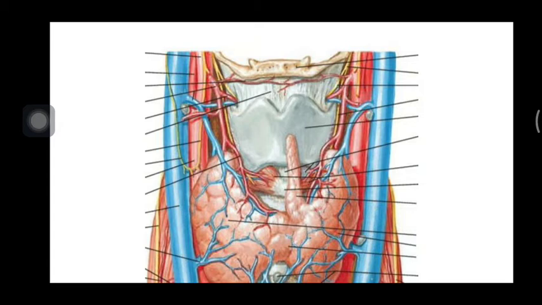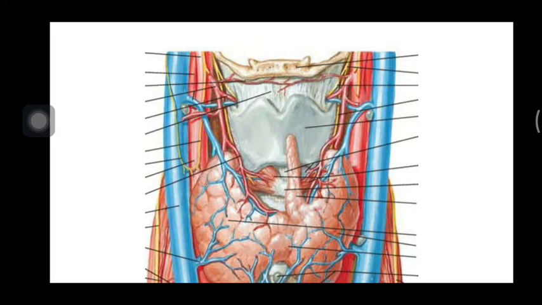First, at the lower border of the hyoid bone, it gives off an infrahyoid branch, and it anastomoses with the infrahyoid branch of the opposite side. Next, when it passes by the side of the thyrohyoid membrane, it gives off another branch, that is the superior laryngeal artery, that is going to pierce the thyrohyoid membrane, and then it descends downwards, then it gives off another branch by reaching over here, that is the